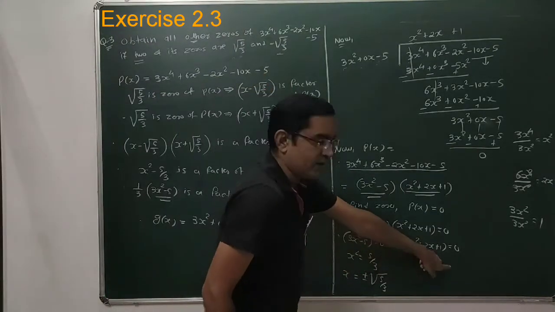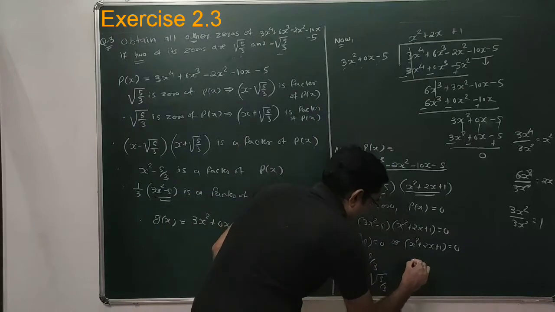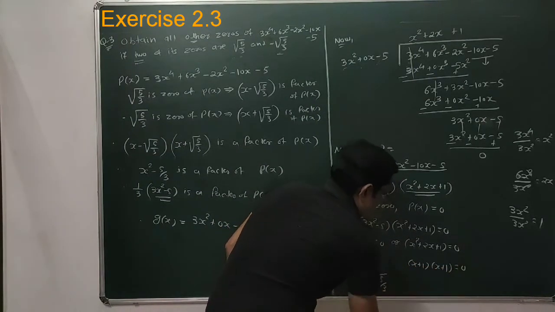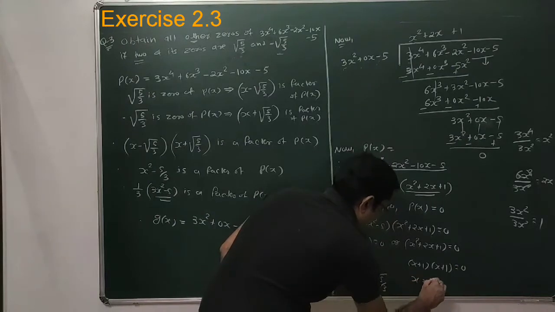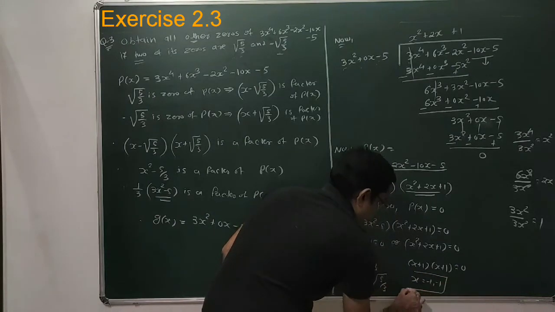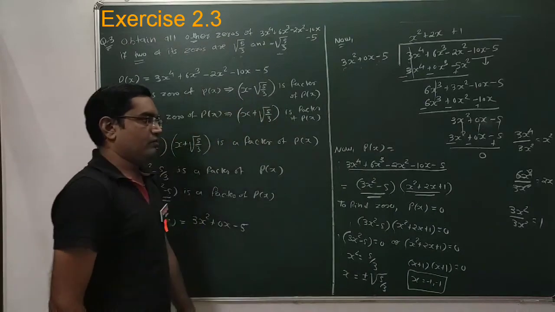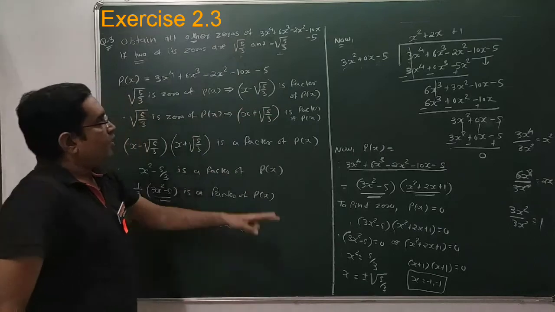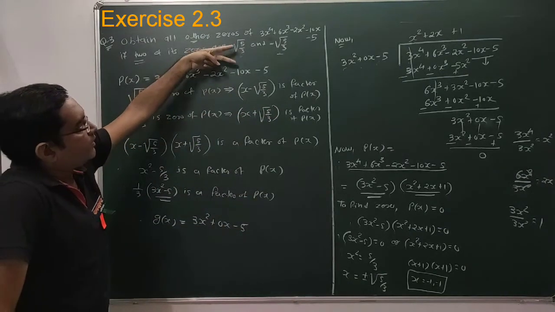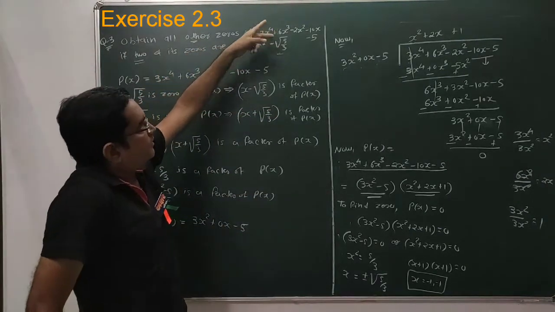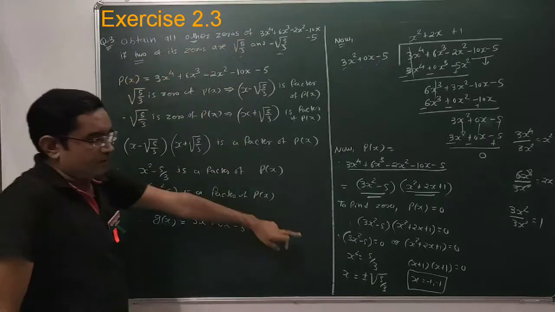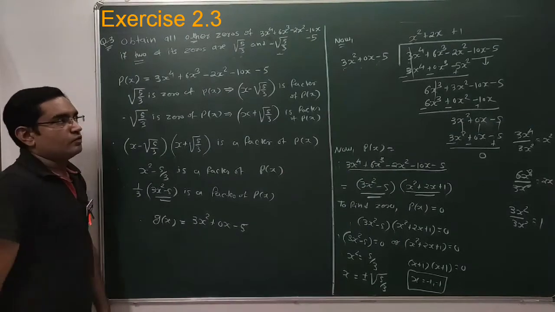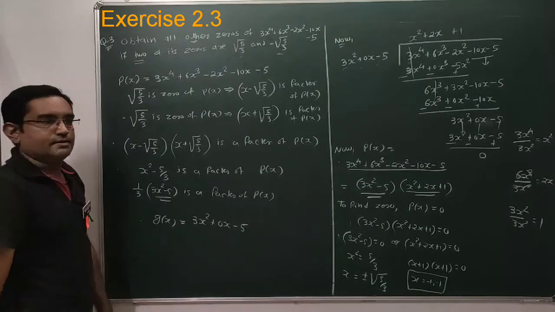And from this polynomial we are getting the remaining two zeros. It is x plus 1 into x plus 1, that is x plus 1 whole square. So we are getting x equal to minus 1, minus 1. These are the remaining two zeros. The degree is 4, so there are a total of 4 zeros, out of which 2 zeros are given, root 5 by 3 and minus root 5 by 3, and you have to find the other zeros, which are minus 1, minus 1. Clear to us? So this is how you can solve your question number 3.